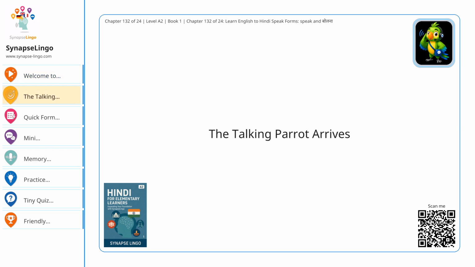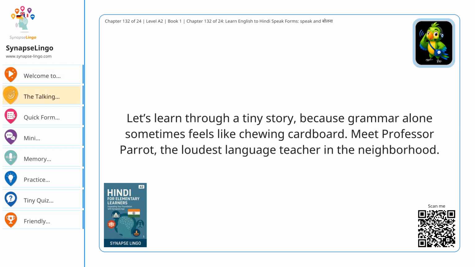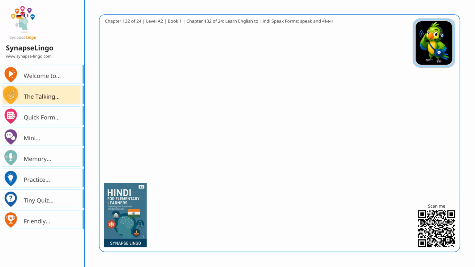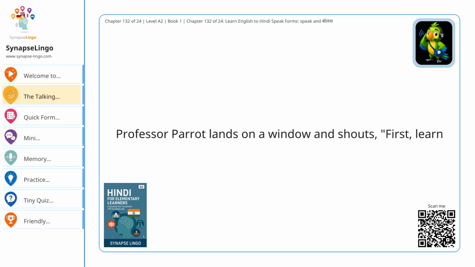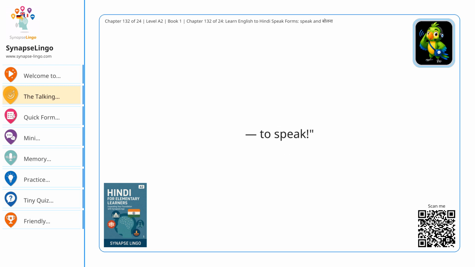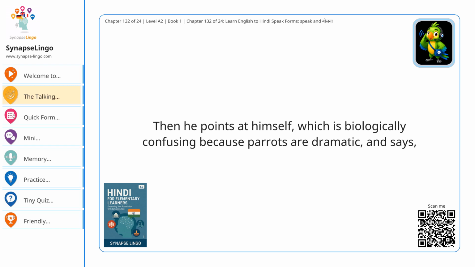The talking parrot arrives. Let's learn through a tiny story, because grammar alone sometimes feels like chewing cardboard. Meet Professor Parrot, the loudest language teacher in the neighborhood. Professor Parrot lands on a window and shouts, first, learn बोलना. To speak. Then he points at himself, which is biologically confusing because parrots are dramatic, and says, मैं बोलता